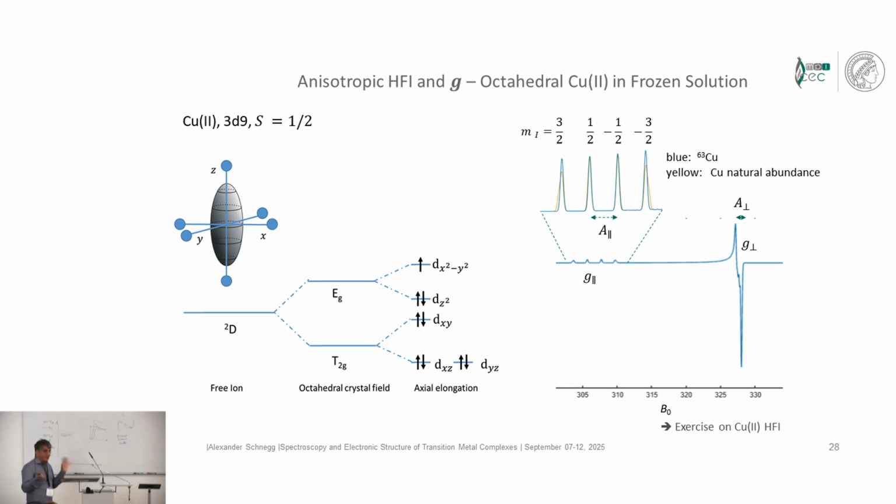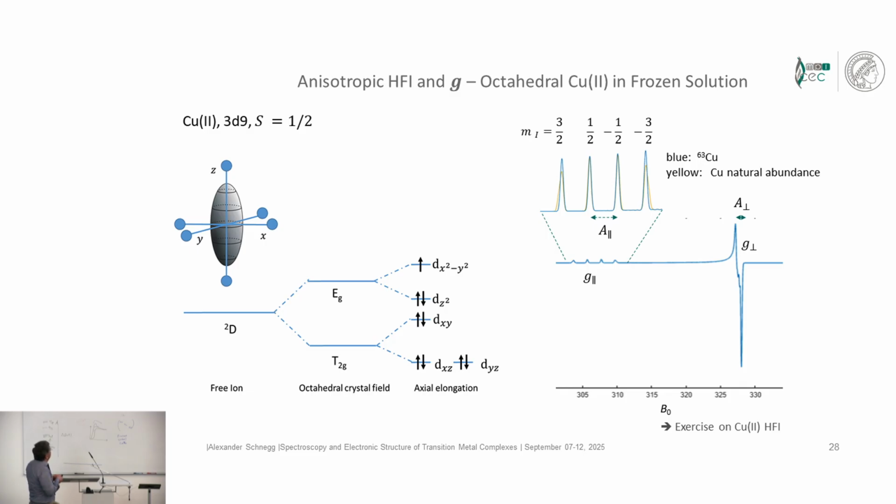We are now dealing with 2 different cases: anisotropic G matrices and anisotropic hyperfine couplings. However, in particular in transition metals, we have typically both. Shown here is an example of cobalt-2 in a hexaquo complex. This is an octahedral crystal field, which splits the d orbitals in an EG and a T2G manifold, and the